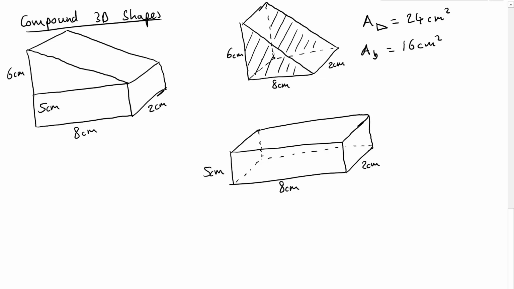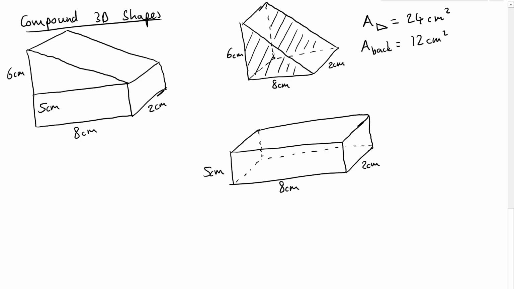Actually, we wouldn't have to do that in this case because the 16 centimeters squared is going to be enclosed on the top of this face. So this bottom face doesn't actually count for anything, but we do have to do the back face and the forward slanted face. So the back face is going to be 6 by 2. So let's call it back so we don't get confused with the bottom face. A back face is going to be 12 centimeters squared,